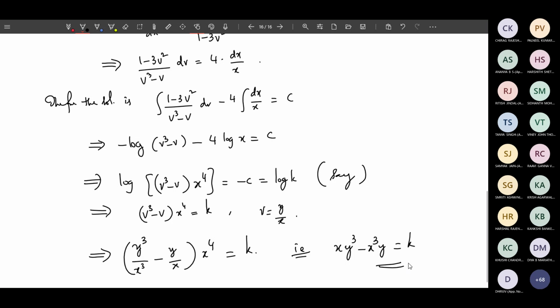So the last few steps are just back substitution, but otherwise, if it is homogeneous of degree n, then you take y equal to vx. Sometimes it is convenient to take x equal to vy also. That depends, but in most cases y equal to vx. Suppose I do one more example, in which you have x by y explicitly available in the equation. Therefore, that x by y you can take as v. So that one we can see once.